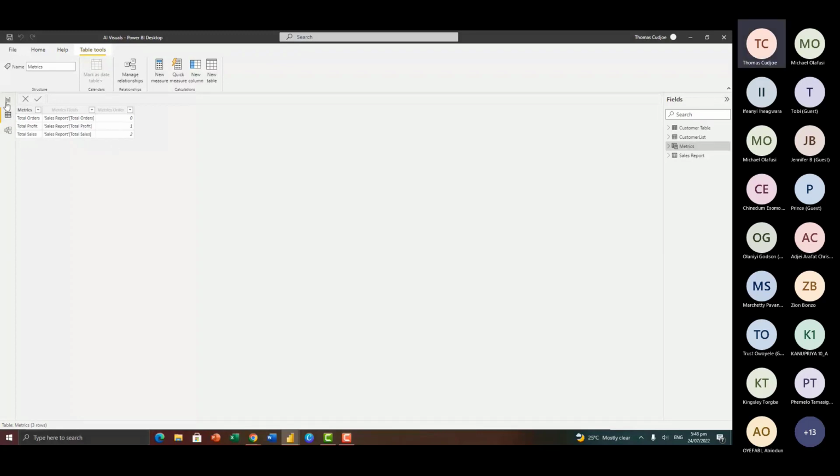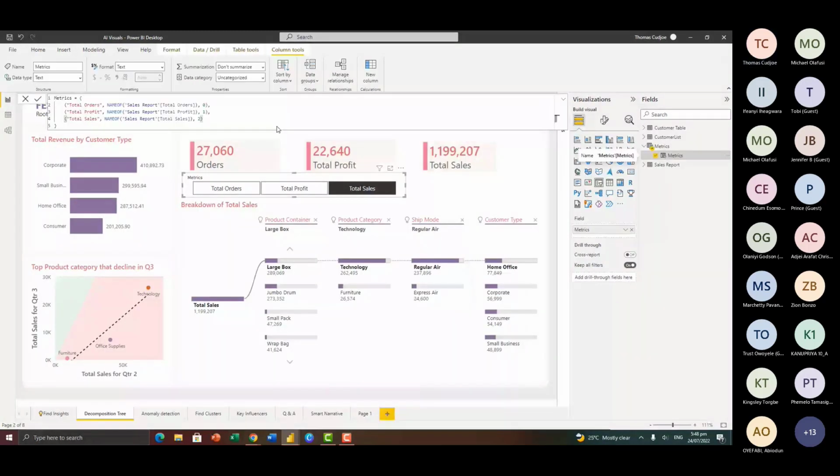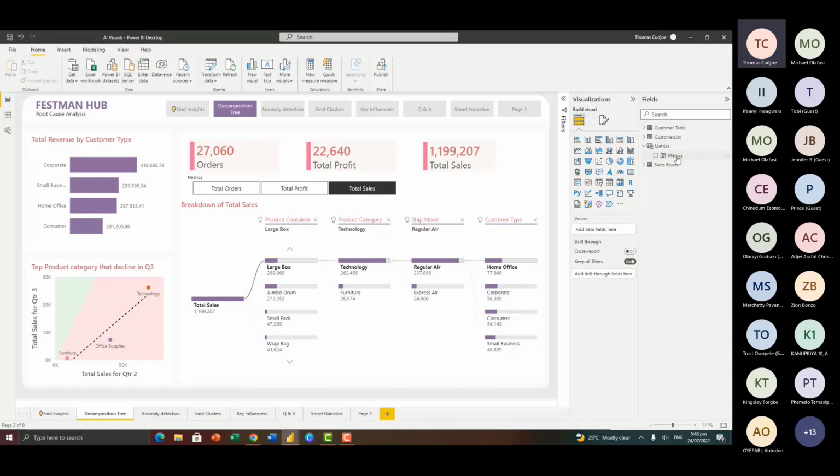Now, let's go to the report view. So here, when you select this, you see that it has created a calculated column that is being used here. I'm not going to go into this. Now, to be able to have this apply to this visualization, what you need to do is make use of this calculated column. And now, as a user picks any value from the slicer, whatever you want to analyze is also going to change.